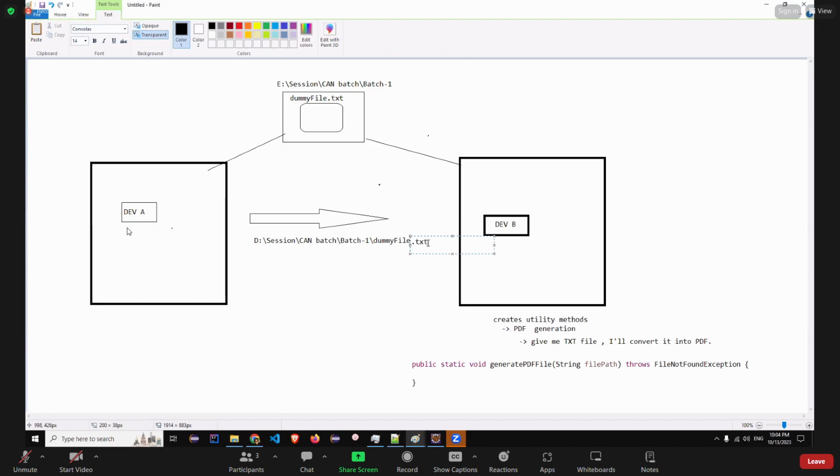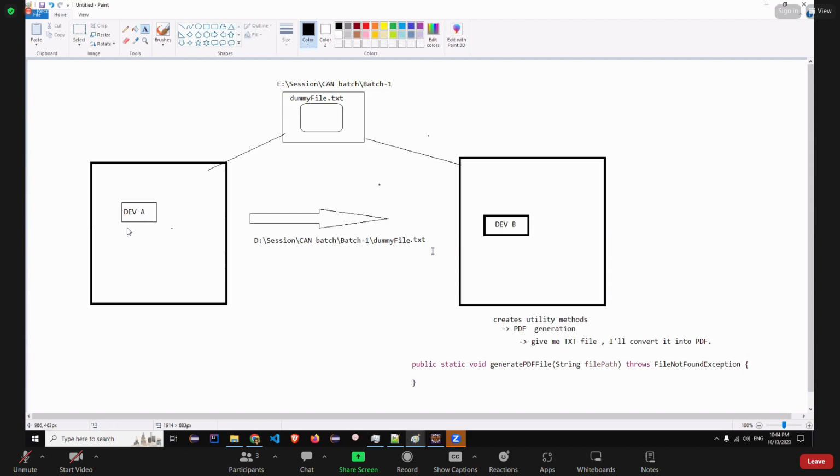Simple enough. अब डेवलपर ने क्या कर रखा है, उसने तो सैंडी फाइल का जो पाथ है वो गलत सेंड कर दिया। तो ये बताओ ये generate PDF file इसको हैंडल क्यों करेगा। ये तो इसका काम है ना कि जब वो पाथ दे रहा है इसको क्रॉस चेक करे। बहुत सारे मेथड्स होते हैं IO पैकेज में कि जब भी एक पाथ बने तो क्रॉस चेक करो कि वो फाइल है कि नहीं। हमारा मेथड क्या कह रहा है, वो बोल रहा है generate PDF file, ये थोड़ी कह रहा है कि detect the wrong path।